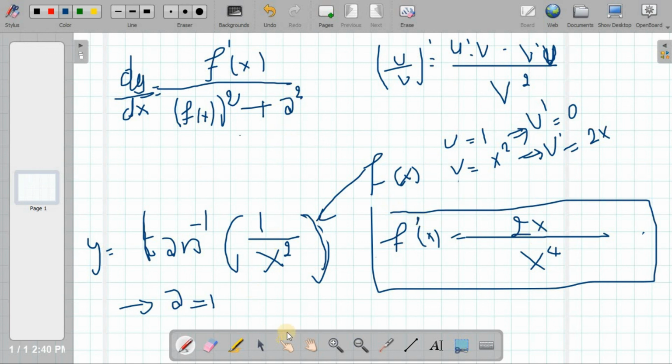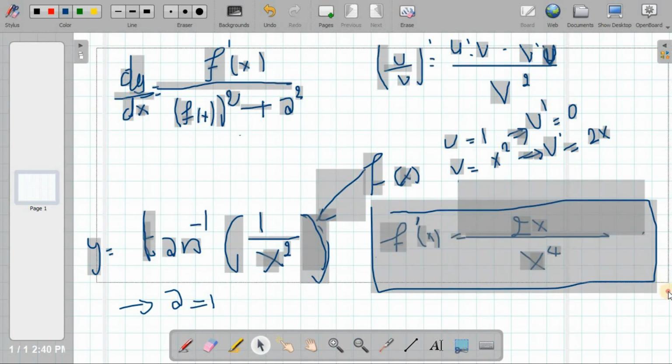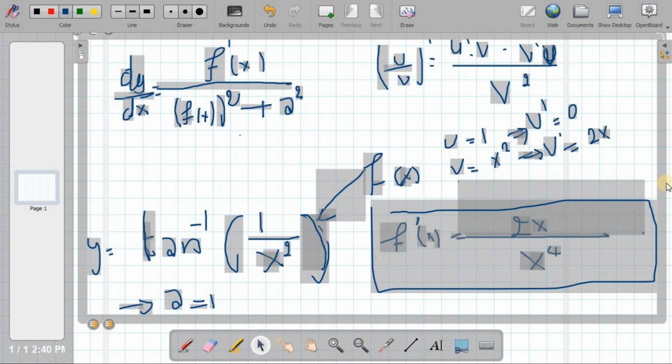So actually I was supposed to explain to you this concept, guys, of these transformation formulas that you need to know. I don't know, you have all of them in your